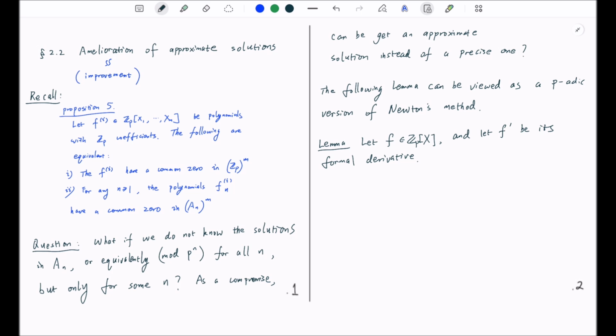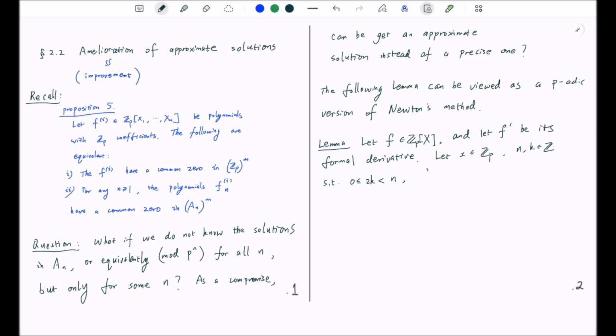Let little x be in Z_p, and we take two integers n and k, such that k is non-negative and is less than half of n,